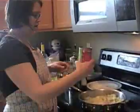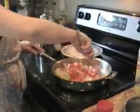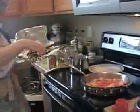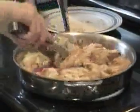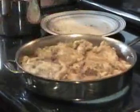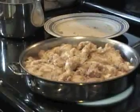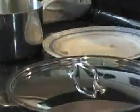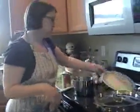Then to this I'm going to add a can of diced tomatoes. I'm going to add my chicken back in. I'm going to cover this and turn it down to medium and let it go for about 5 to 10 minutes. Check it, turn the chicken over and let it go for another 5 to 10 minutes. While that's cooking,